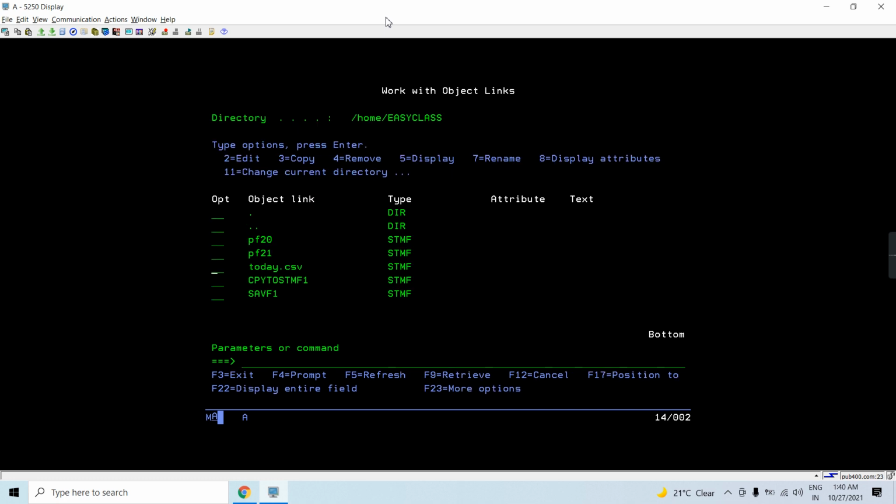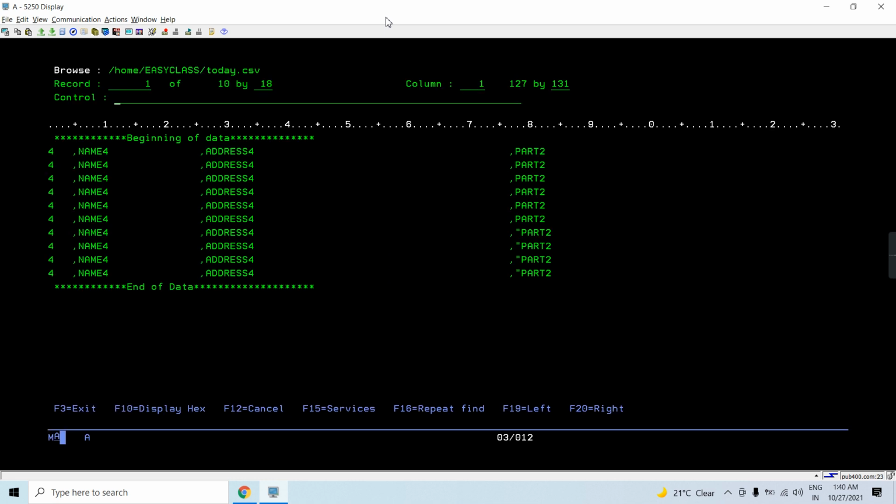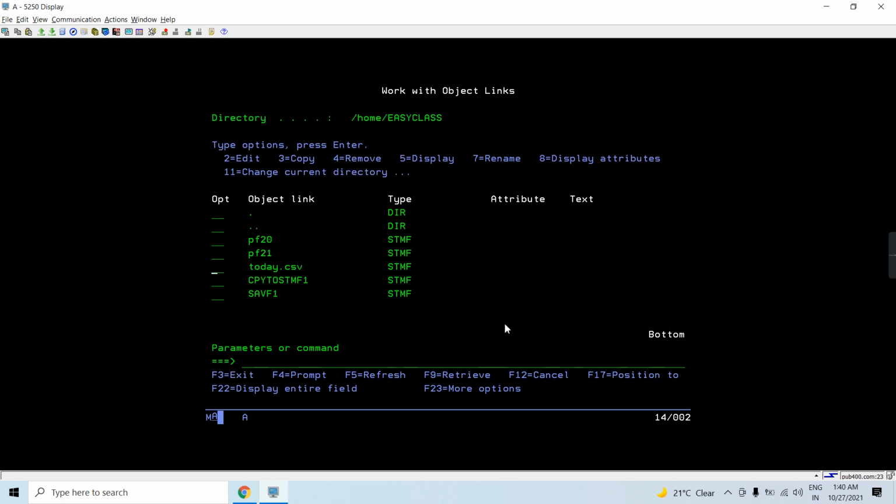If I do WRKLNK, you can see today.csv, a stream file, gets created. Now you can see every field is separated by a comma. It is taking the size of the field. So this is the comma separated CSV file which we generated.